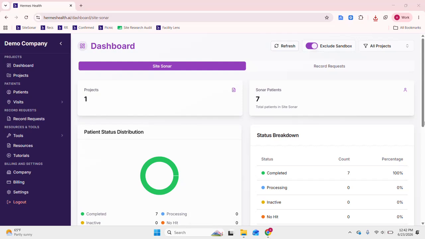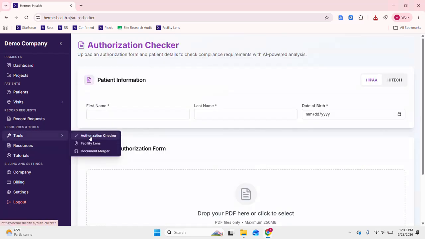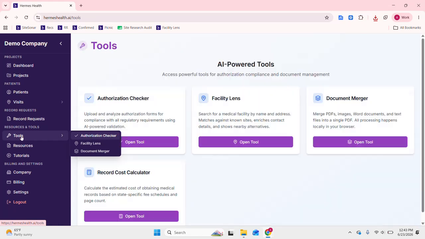Hi everyone, in this video I will be demonstrating how to utilize one of our other amazing tools called Authorization Checker, or short for Auth Checker. So what we're going to go ahead and do is go to the left hand side of our screen, and we have two options to access this tool. So you could toggle your mouse over and select Authorization Checker, or you could select Tools and Open Tool for